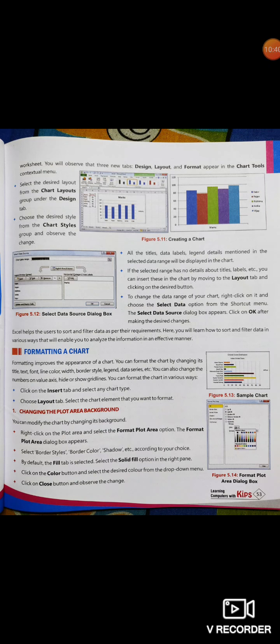Once we insert the chart, we need to specify the chart title also. It gives the idea about the kind of data in a chart or the chart contents. So to insert a chart title in Excel, we have to first select the chart. Then we have to click on the chart title button in the labels group on the layout tab. Then we have to select the desired option from the drop down list of options relevant to the chart title.